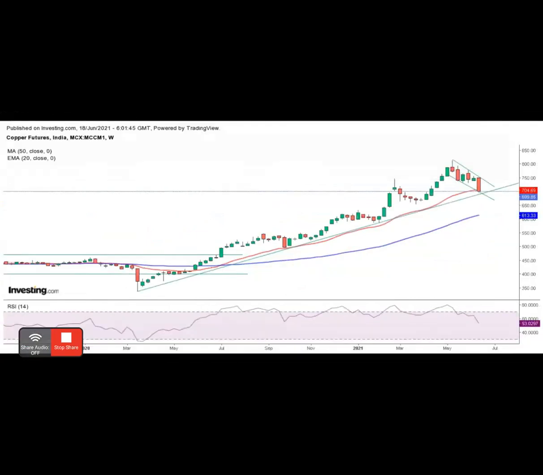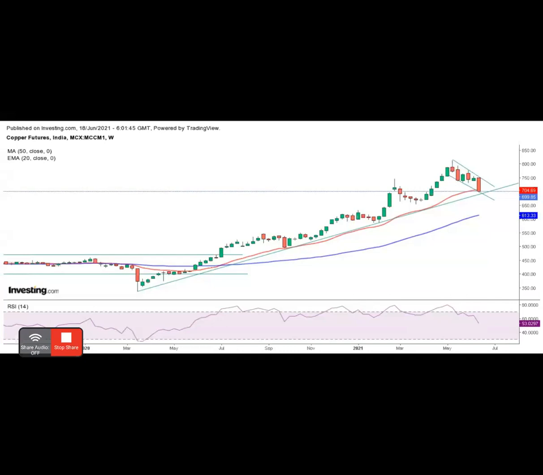This is the weekly chart of copper, and see where it is. It is already at the support of the rising trend line, already at the support of the moving average, that is the 20 EMA. If you see here on the upper left hand side of your screen, I have placed EMA 20, the red one. And obviously it is also on the support of the falling channel. So there are three important supports currently placed for copper, and this particular level is known as a confluence zone, where there are n number of supports for a particular asset class.